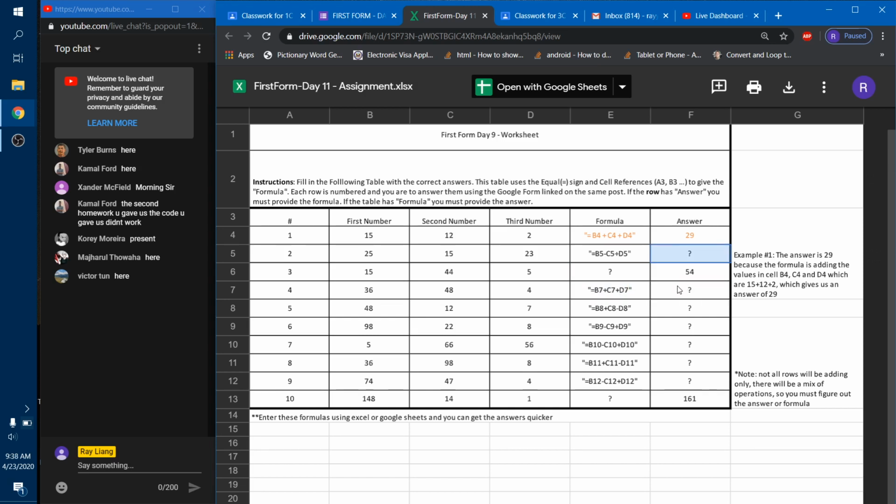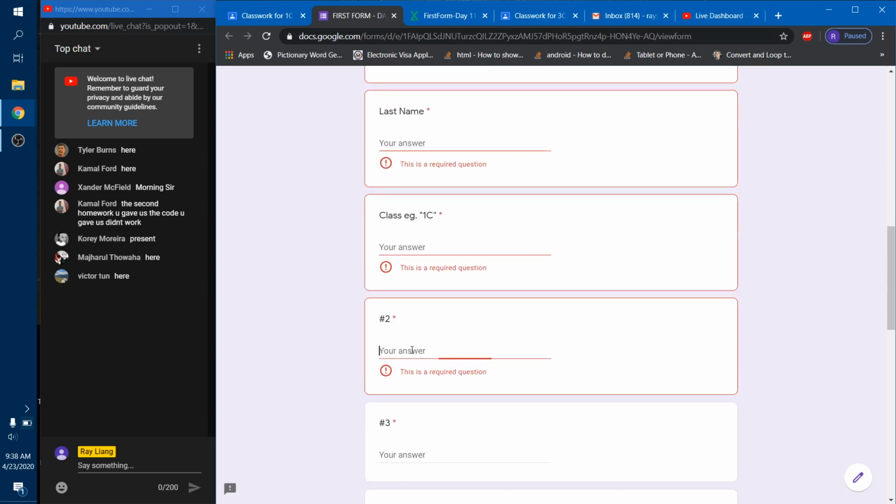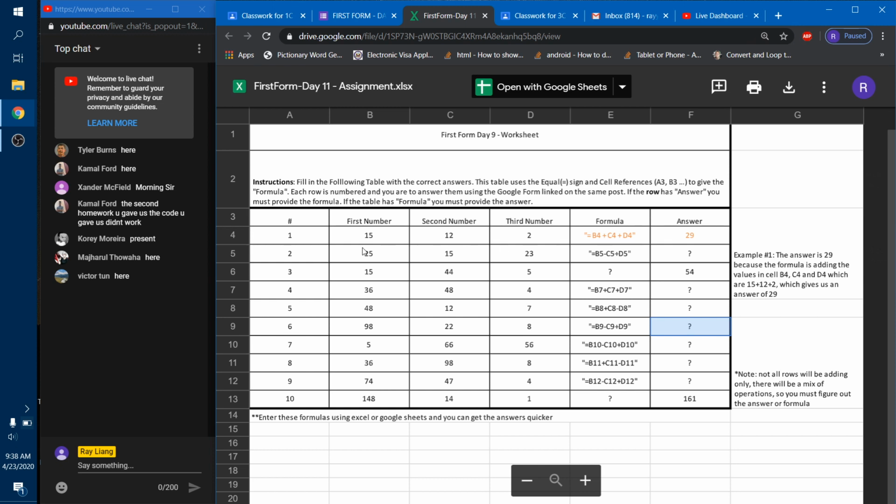So these question marks are basically where the first formers will need to enter their answers for each of these numbers. So number 2, what is the answer for number 2, guys? Number 1, I've already done as an example, therefore I started from number 2. We'll continue with QBasic code.